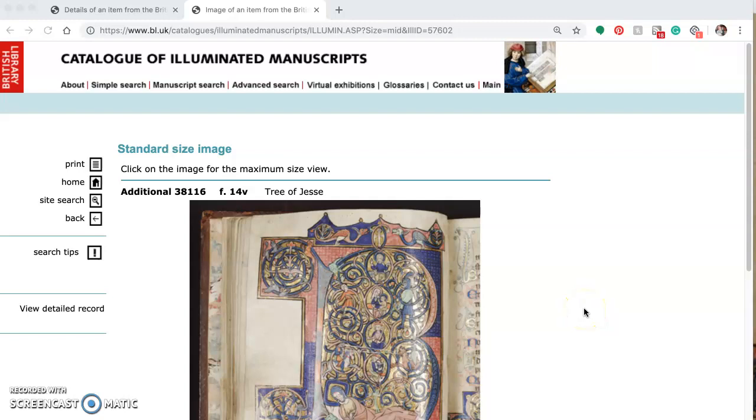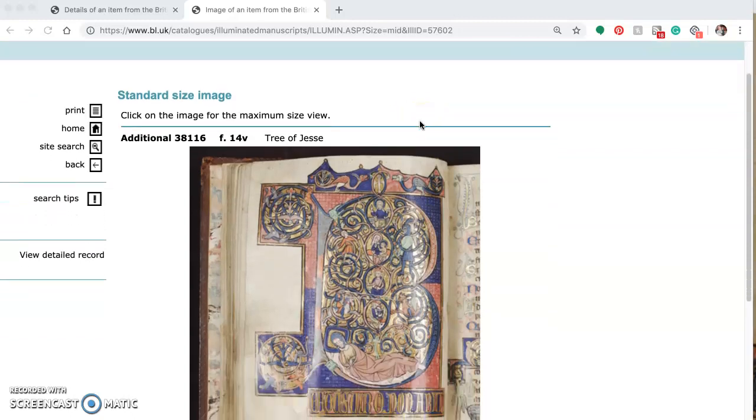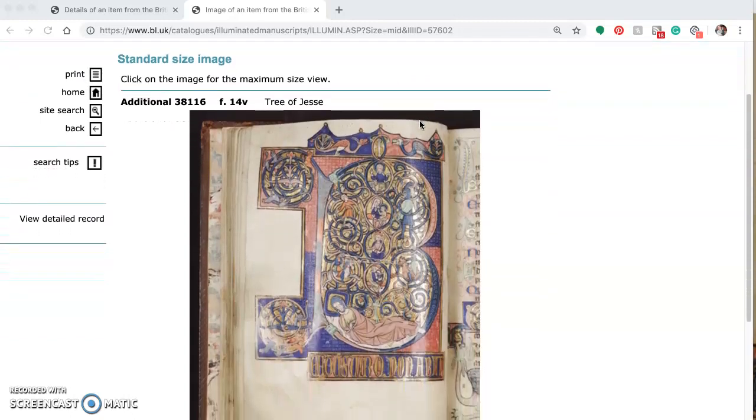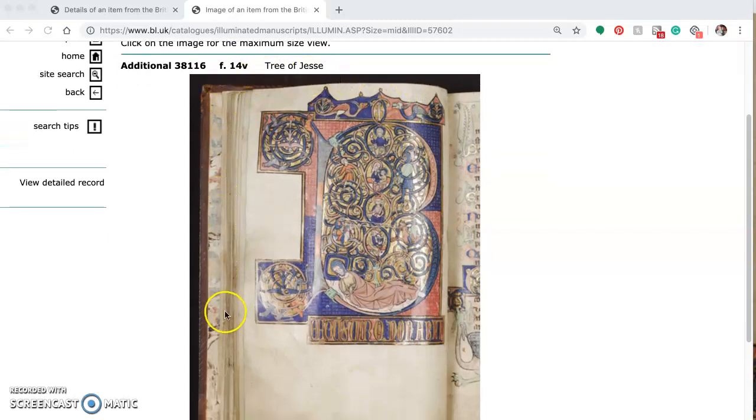Let's examine the Huth Psalter here on the British Library's Catalogue of Illuminated Manuscripts. Now, this particular Psalter is from England, and it's thought to be from the late 13th century. This is going to place it pretty squarely in the Gothic period. And I chose this particular page because it demonstrates many of the major tropes of illuminated manuscripts from the Gothic